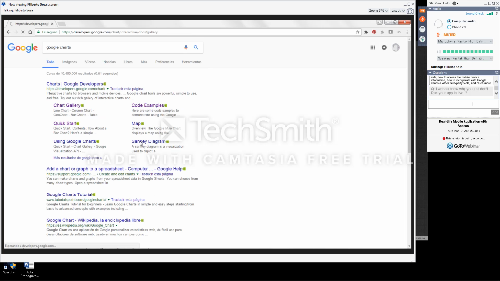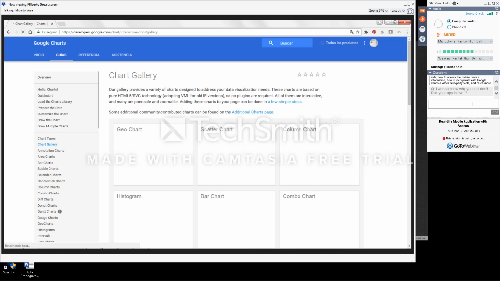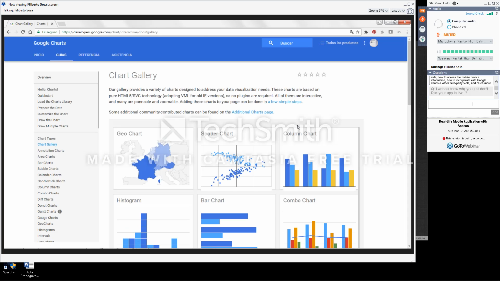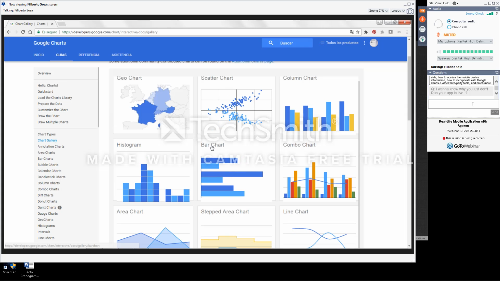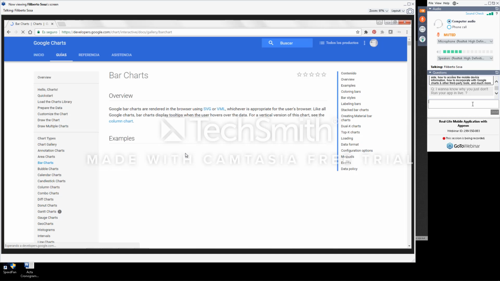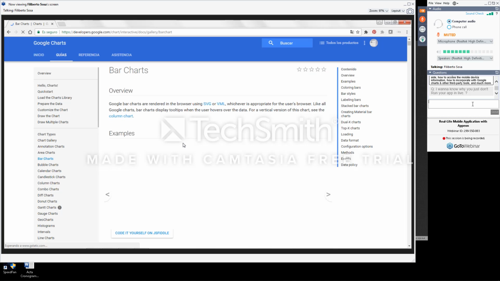Let's go and see an example of a chart. If you want, for example, to add this chart, there are some examples right here, and it will tell you how to generate that